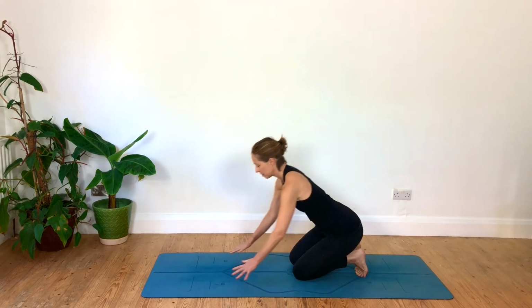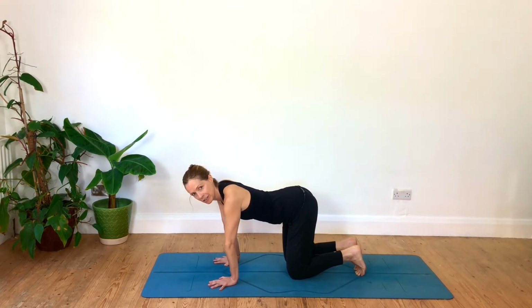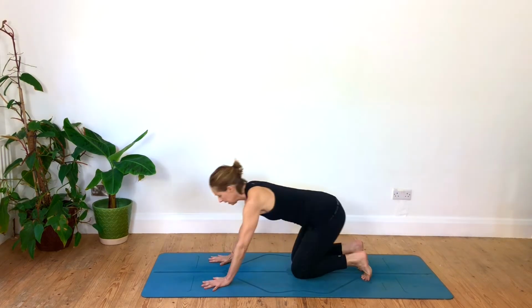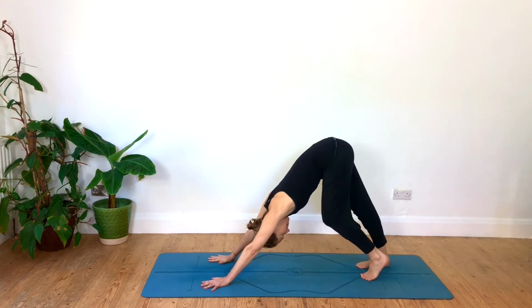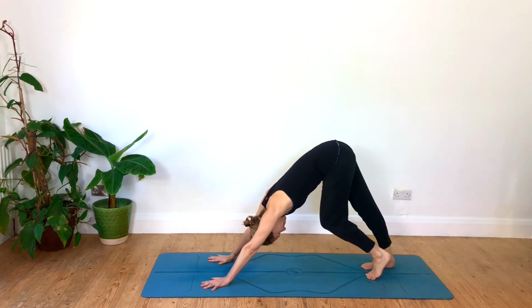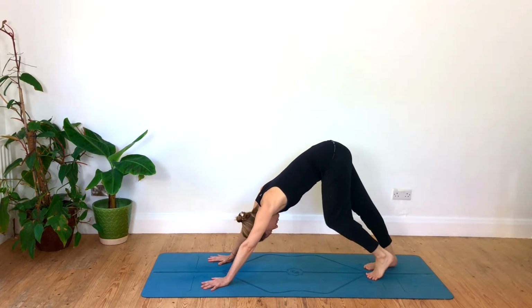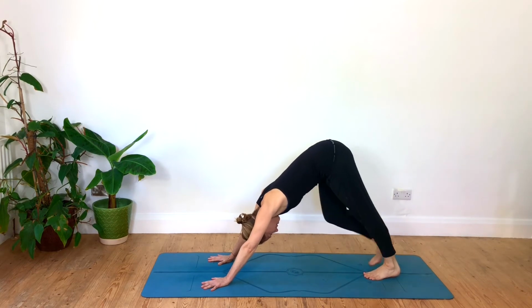in your trunk. So that's our time under tension practice, just holding it, feeling the core firming and supporting and engaging. And then let's just come into a down dog, pedaling the legs. And from in your down dog, floating your